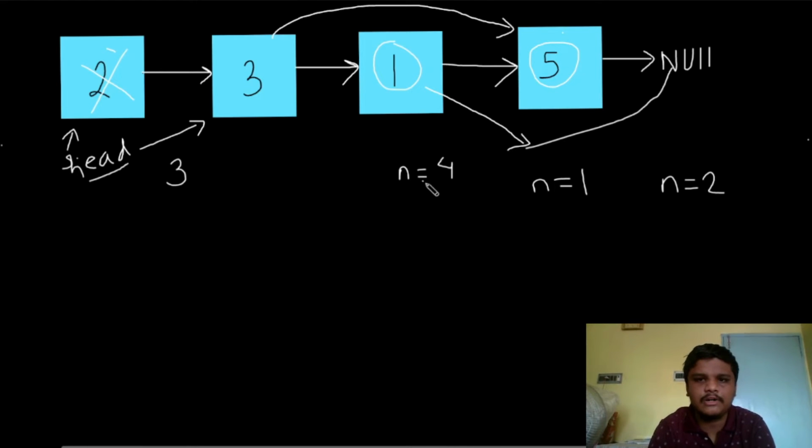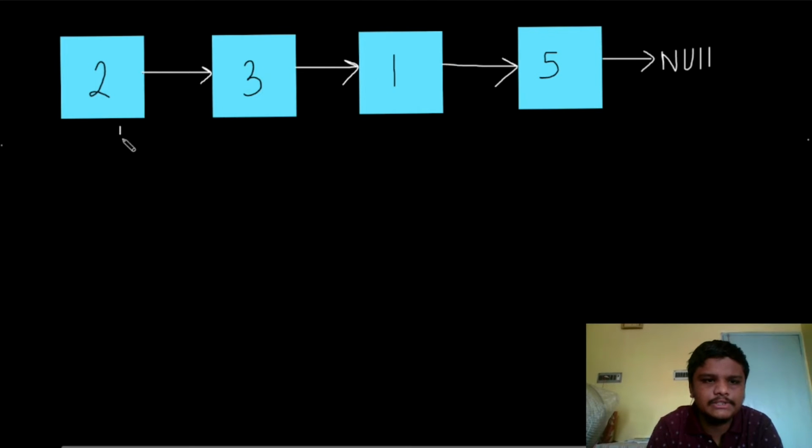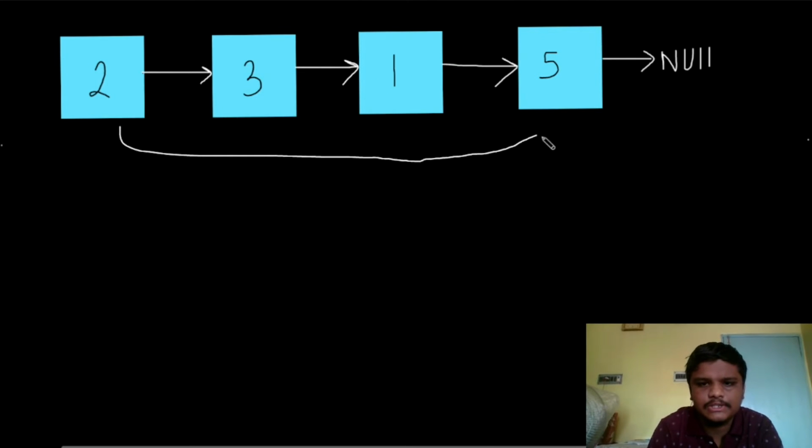Now let's see how we are going to do this. We first need to get the length of this list. We can get the length of the list through different methods, mainly iterative or recursive. If you use an iterative method, then at first we would have a counter, which we'll call a count variable. This count variable is going to give me the number of nodes. Originally our head is over here, as I already told you.